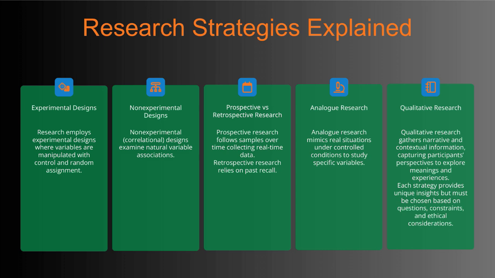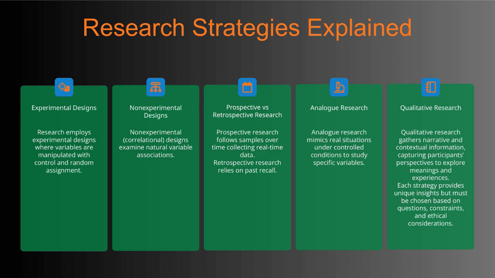Prospective research tracks participants over time, collecting data as events occur, while retrospective research looks back, relying on participants' recall of past experiences. Another approach is analog research, which recreates real-life situations in controlled settings to study specific variables more closely. Finally, qualitative research focuses on gathering rich narrative and contextual information, capturing participants' perspectives to deeply explore meanings and experiences. Each of these strategies offers valuable insights, but choosing the right one depends on your research questions, practical constraints,